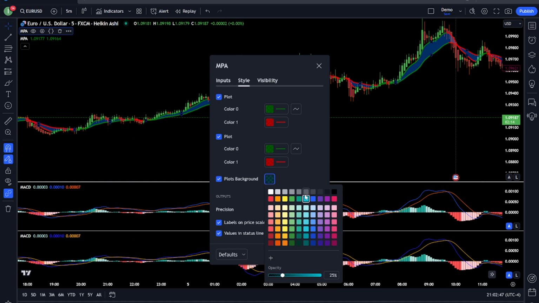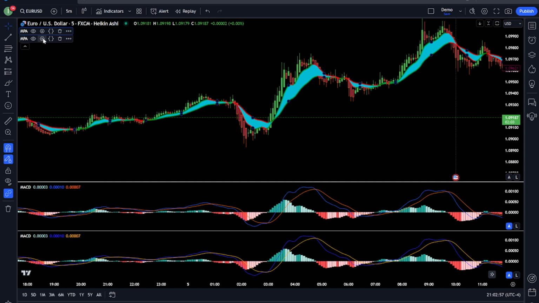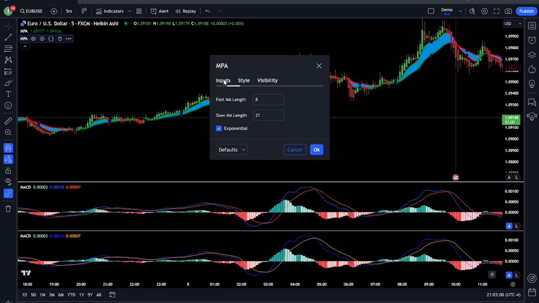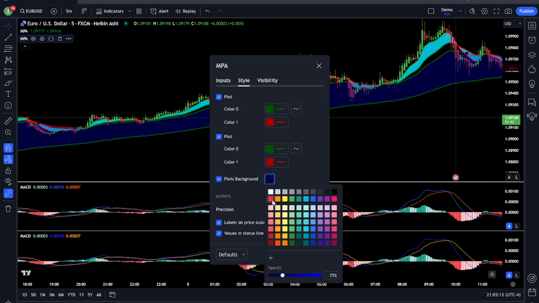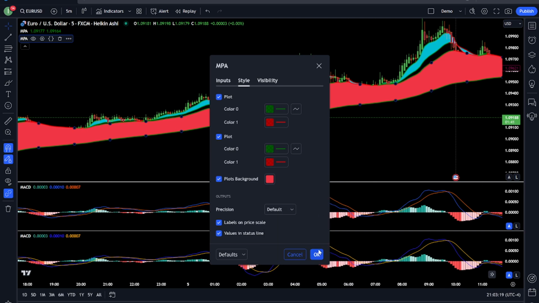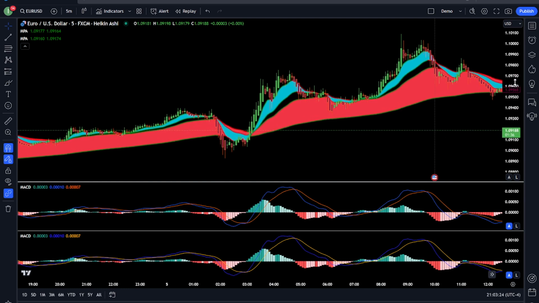The only thing you need to change is the plot background, maybe to look a little brighter. Select the steel blue and brighten it a little so that it'll be clear. Then on the second MPA indicator, go to inputs, change the fast MA to 34, and the slow MA to 144. And then go to the style and change the background to red and brighten that so things will be clear. So this is all you need